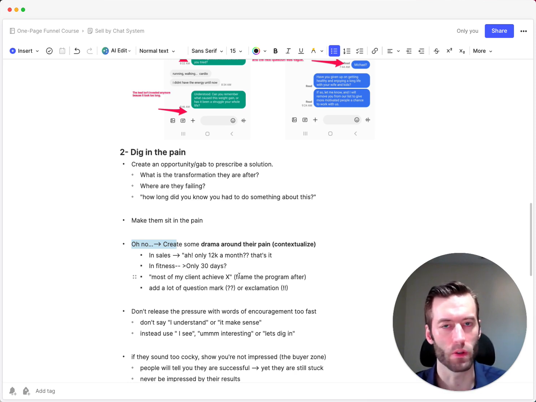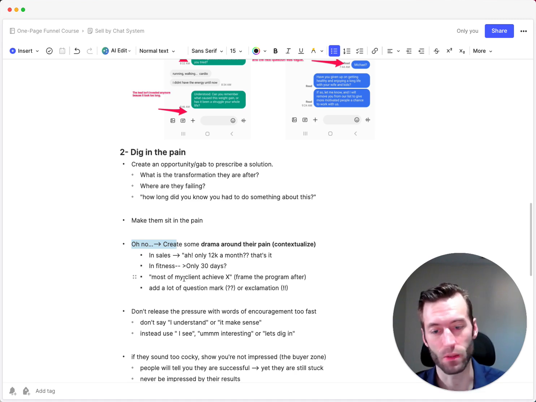That's why they are in your sales funnel, in your pipeline, because they had a problem and they're looking to solve it. So it's your job to make them realize where they should be in the transformation, right? From where they are to where they should be. And let's say in sales, for example, they reply to you, oh, we made 12K last month. You could say, oh, only 12K a month? That's it? And then they reply, well, we tried this, and so on. You're trying to make them realize that it's nothing, right? And if it would be 50K, you say only 50K. So you're always trying to push them to the next step, to where they should be. And this is where they also want to be.